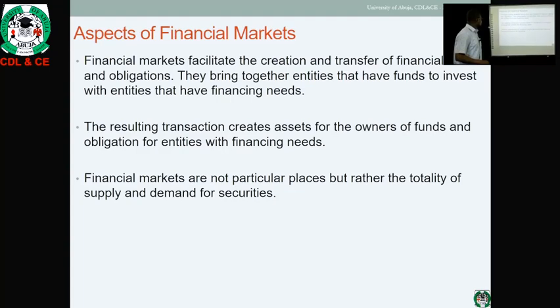Now, we need to also highlight that when you talk about financial market, people would think maybe it's just like a market square, where you go to a particular market or a particular departmental store with an address. It is not a place. It is simply the totality of the money that is in circulation with regards to the supply and also the